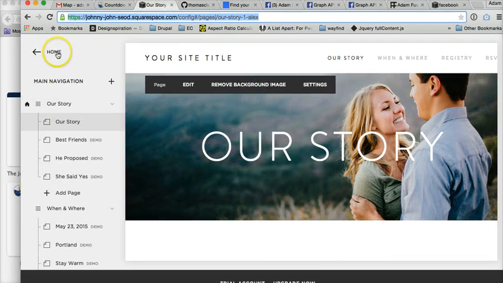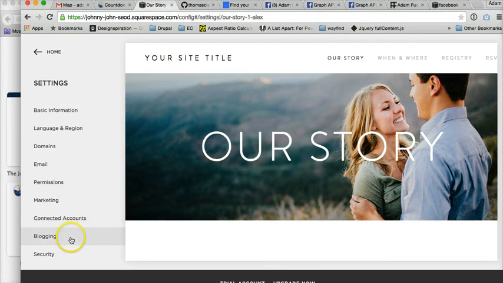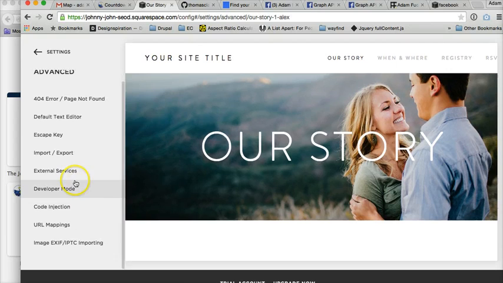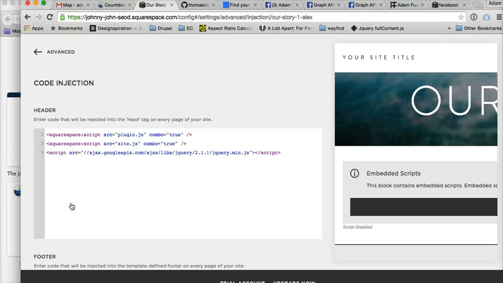I usually do this from other sites that I have just by copying and pasting. There's also a couple of good sites if you just Google use jQuery with Squarespace. This will show you how to do it, but these are what you need right here: Squarespace script, search plugin.js, search site.js, and then you need to call the jQuery library. And I'm calling 2.1.1, which is relatively new, but you can always look and see if there's a newer number as well. So these 3 lines of code right here,